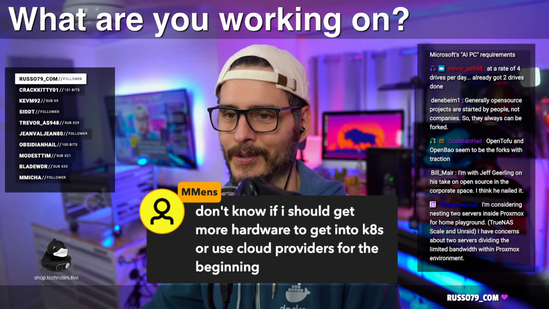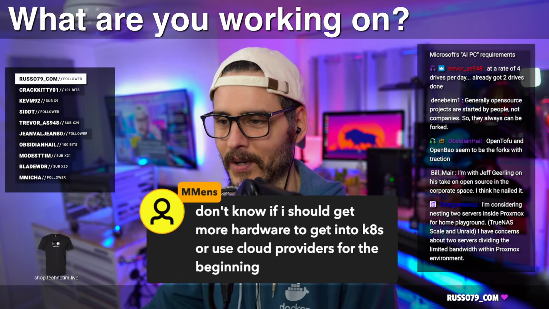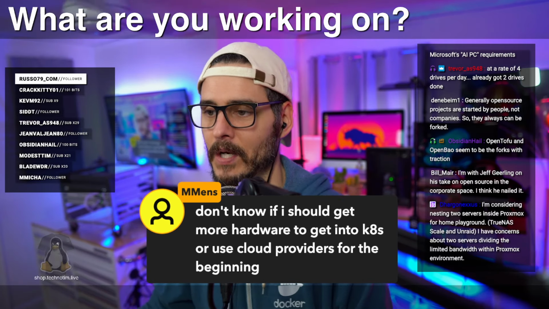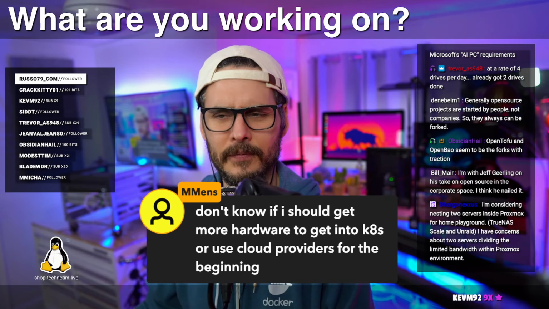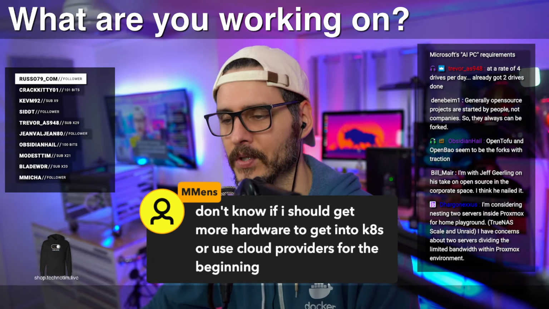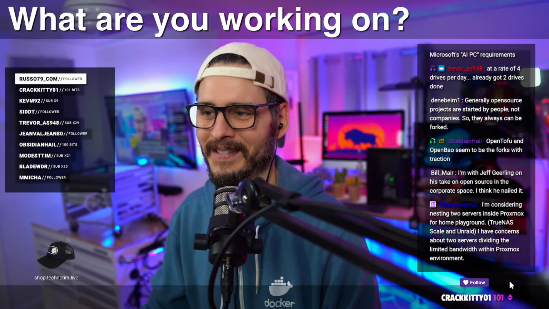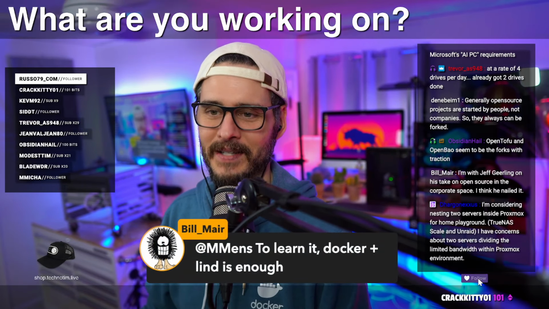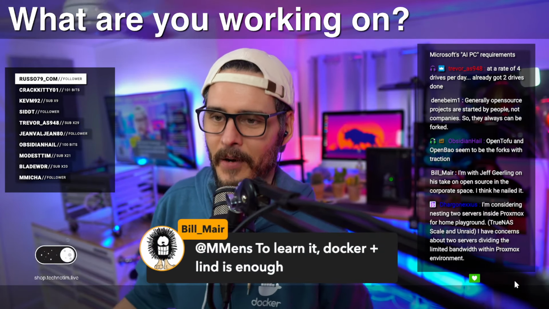I know that it's always fun to get new hardware and plan stuff out. But if it's something you want to jump into, I would say jump into it first, because then you might realize, hey, this isn't for me, and now I don't need to buy these three to five machines. But it just depends on what you want to know.